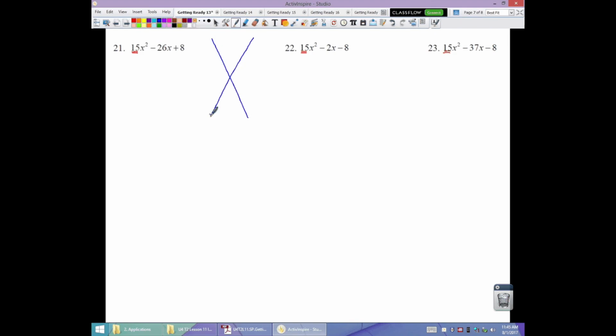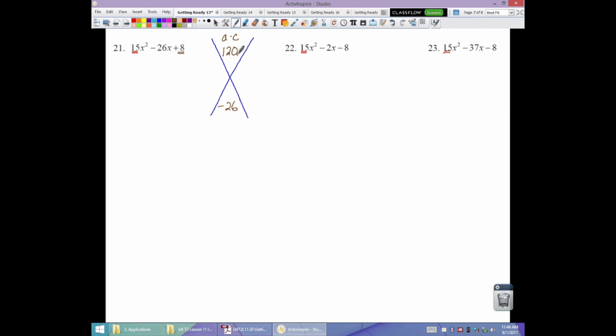So we still start the same way. We look for a GCF. More important now, because of that 15, we don't have a GCF. So it's more important to remember how we really got that desired product: a times c. We sort of breezed through that last time because the a was always 1, so we just used the c term alone. But now the a isn't 1 anymore. It's 15 times 8. 15 times 8 is 120. We still take the b term for our desired sum. That's negative 26. So I need factors of 120,